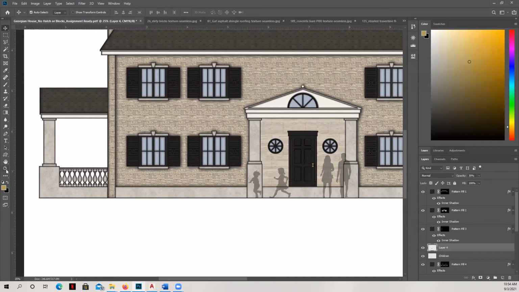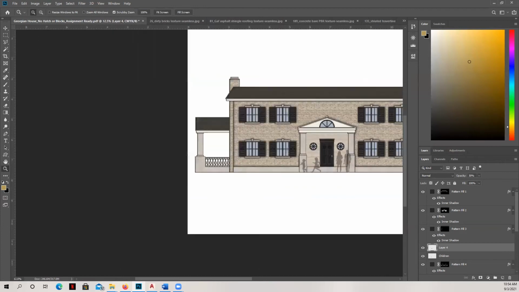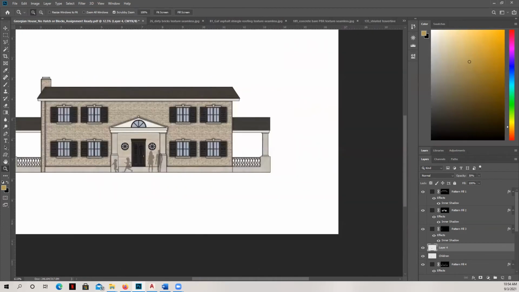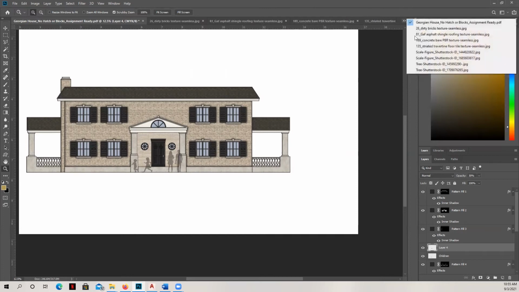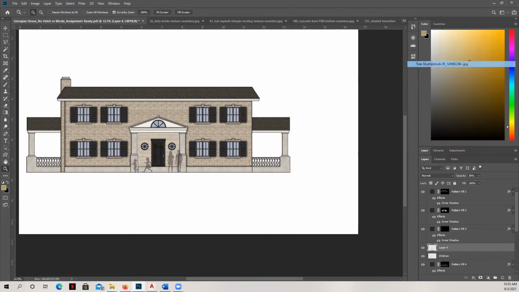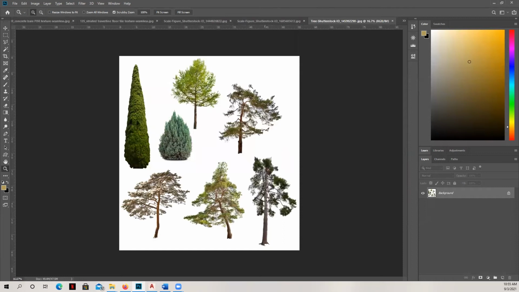Now, what we have to be careful with the vegetation is we really just want it to add a little bit of softness to the scene. We don't want to overly engineer the way this looks, trying to make it look like a photograph. It's not a photograph. The trees are not intended to make it look photorealistic. The trees are to give it a sense of scale and just give it a little bit of softness. So let me go ahead and take a look at the two trees that I want to use.